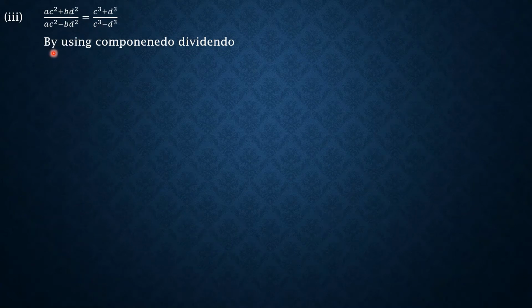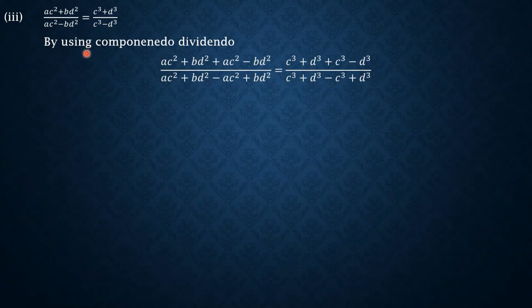Now we will solve these fractions to get a over b equal to c over d by using componendo dividendo, which is: a over b equal to c over d implies (a plus b) over (a minus b) equal to (c plus d) over (c minus d). So by applying this theorem to these fractions, we have ac square plus bd square plus denominator,